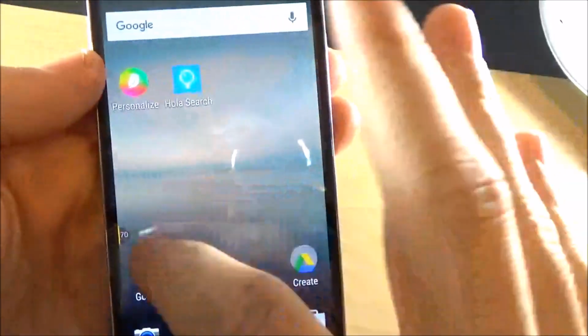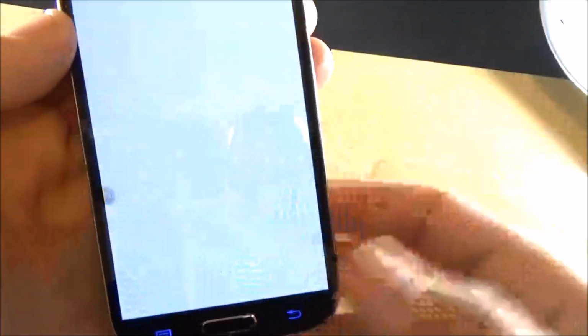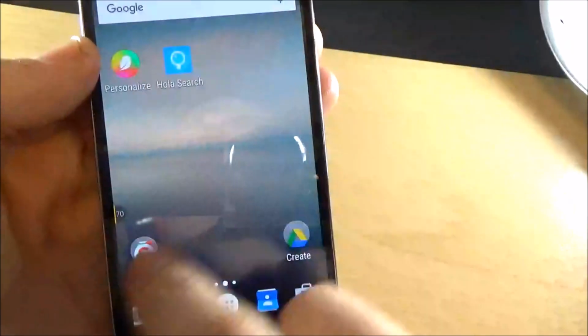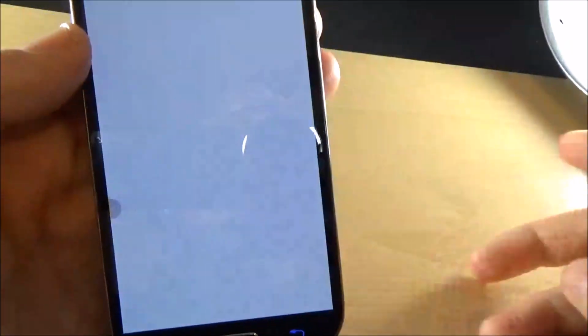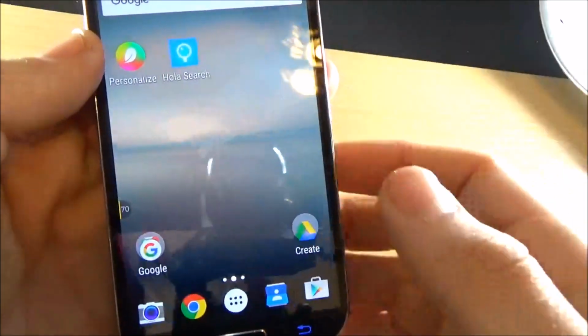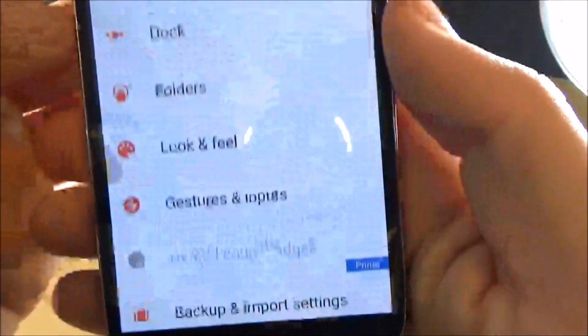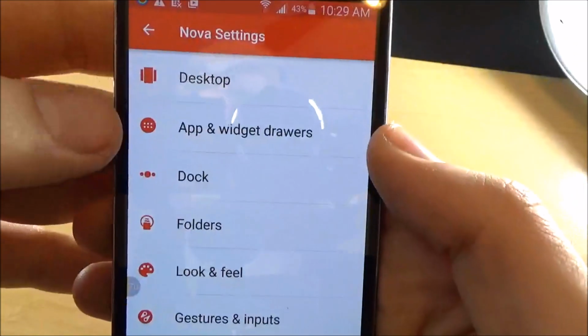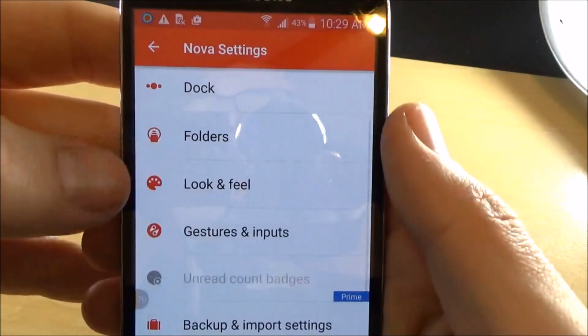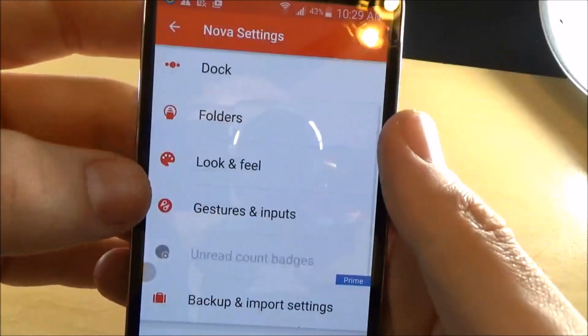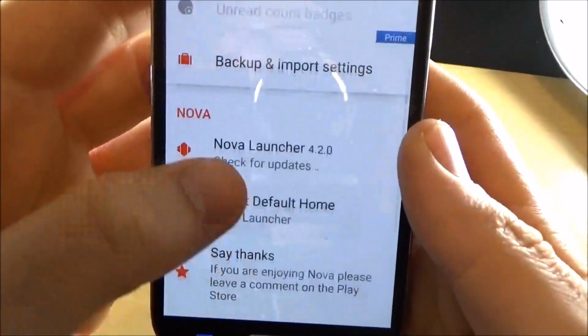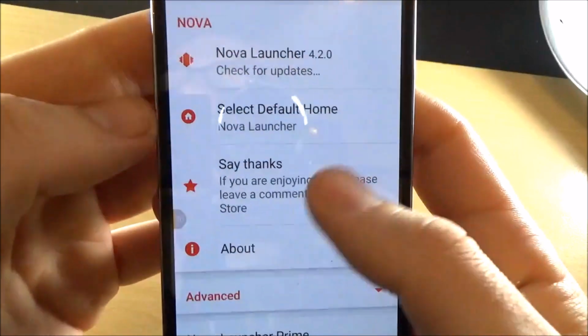And Nova always keeps their launcher updated. They'll always keep it updated based on what the current launcher is on Android. So if you're running 6.0 Marshmallow, look out for features that you're going to find in the Google Now launcher that are going to also come to Nova. And as you can see in settings, we have so much to do here. We could change the icon size, gestures, we can put OK Google, we could change our default launchers, we could